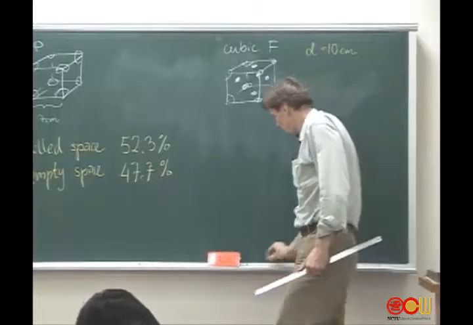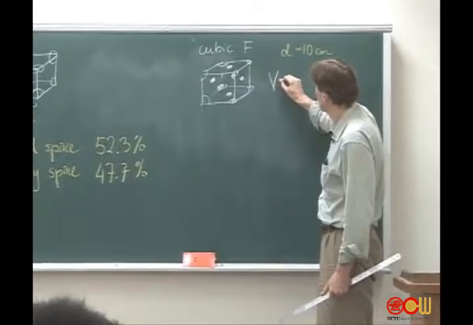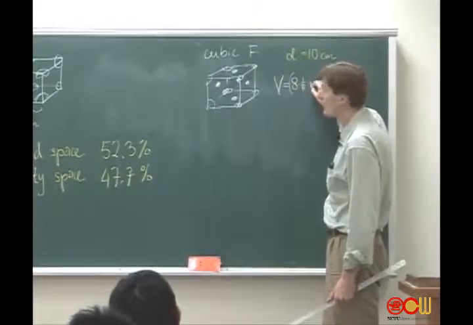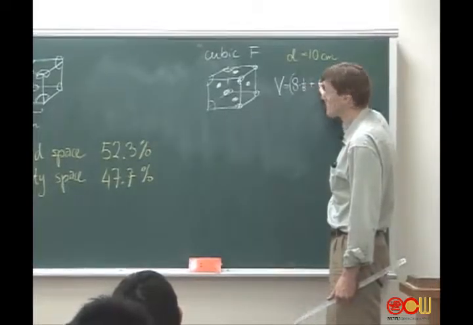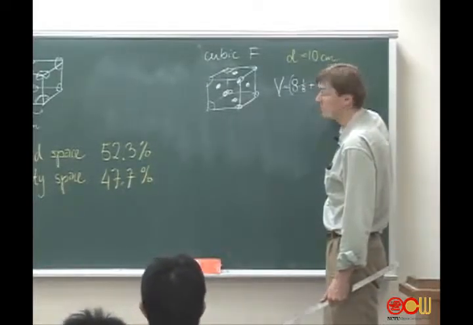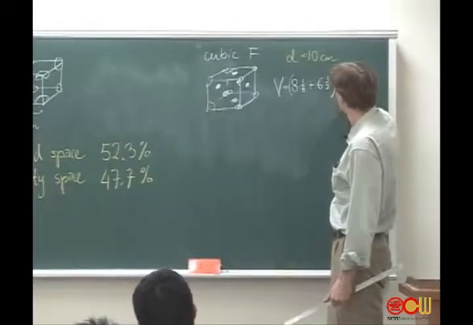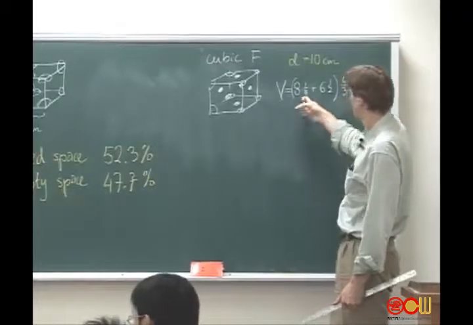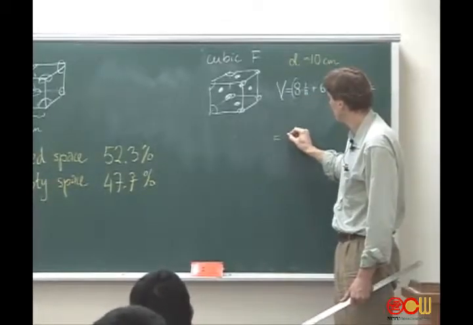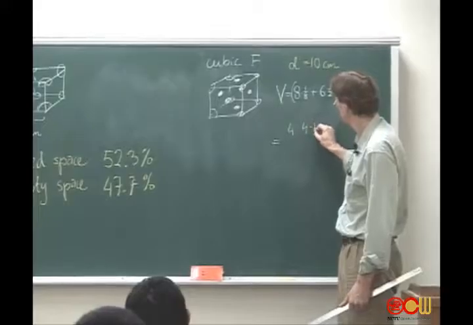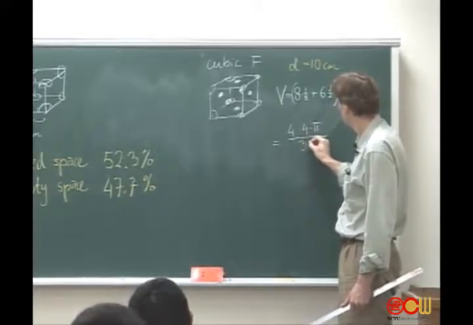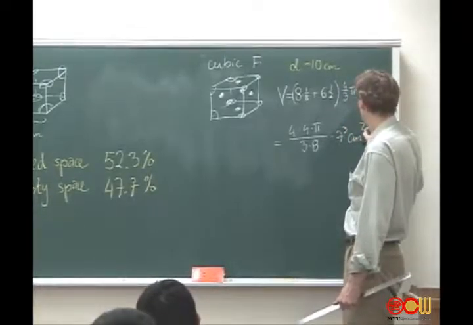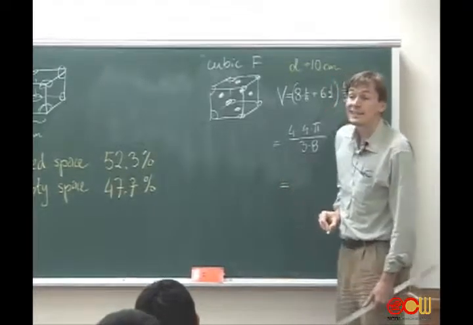And now the number of balls taken is 8 times 1/8 plus 6 times 1/2, times 4/3 pi r cubed. This one gives me 4, so the total volume is 4 times pi over 3, 8 times 7 cubed, which is